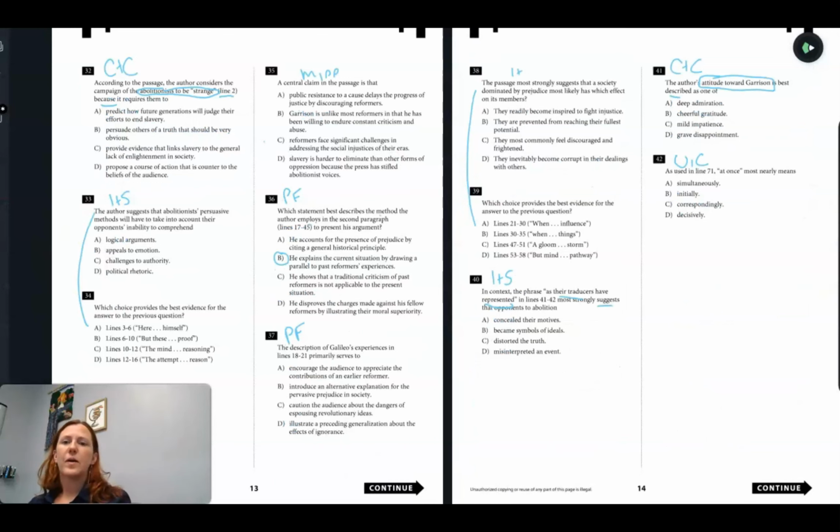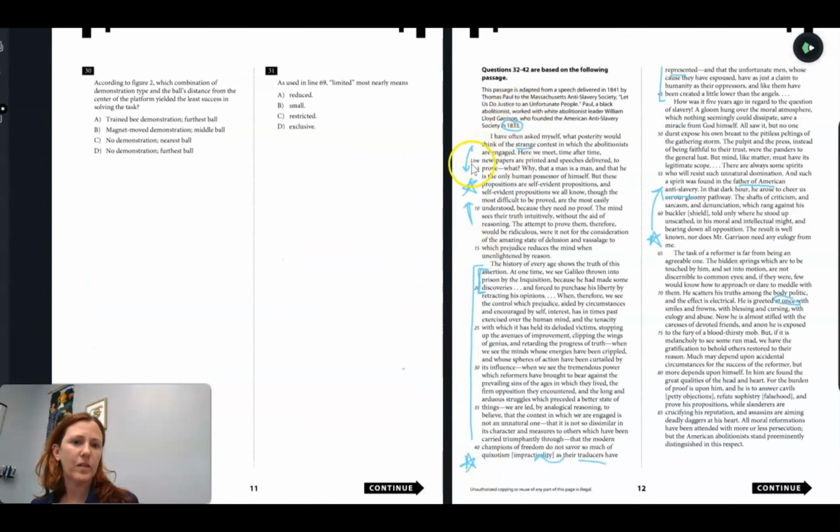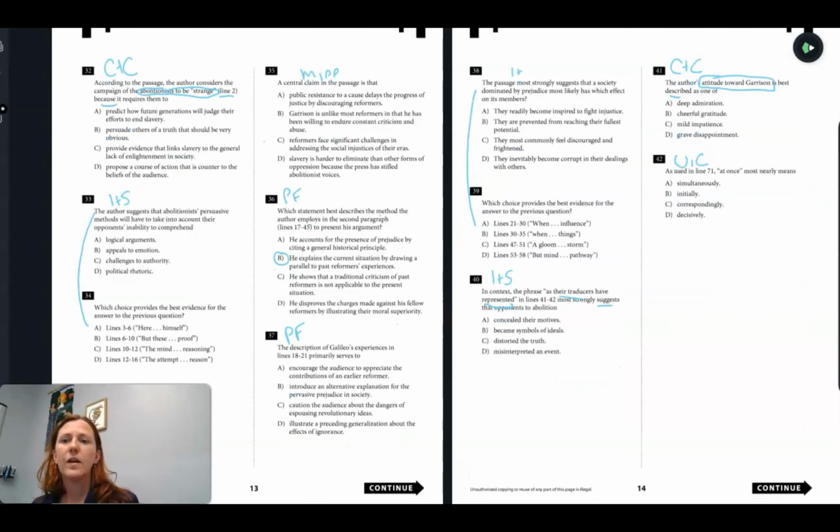The first one asked about why the abolitionist movement was strange and what it required them to do. We noticed that this was discussed right here, where it said that this should be self-evident and that people should kind of already know that a man is in charge of himself. So looking at the answer choices, there's no discussion of future generations. Others should be it should be very obvious to everyone that this is the truth, so we can keep B.